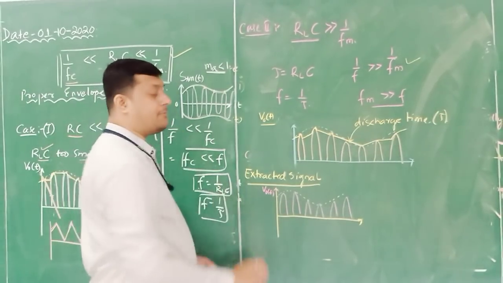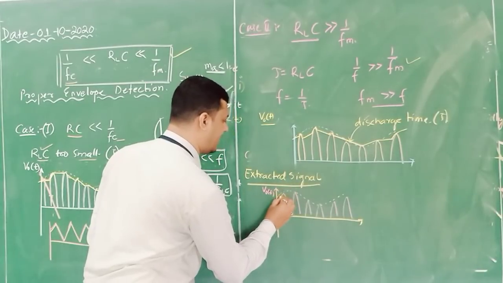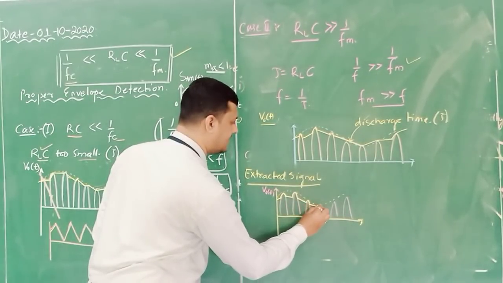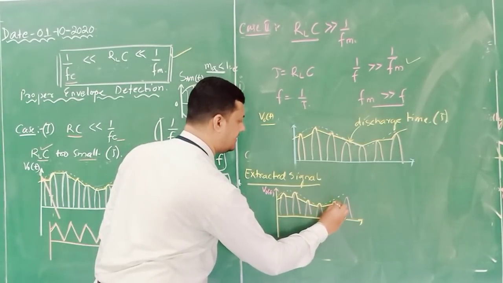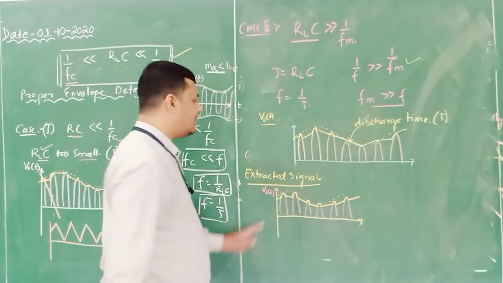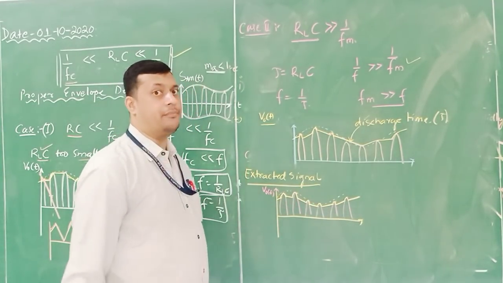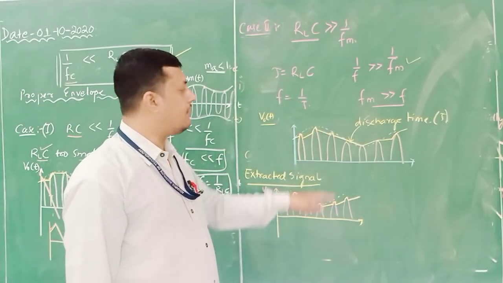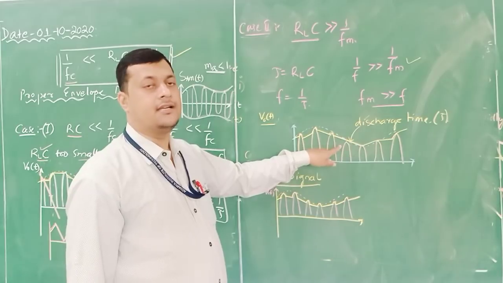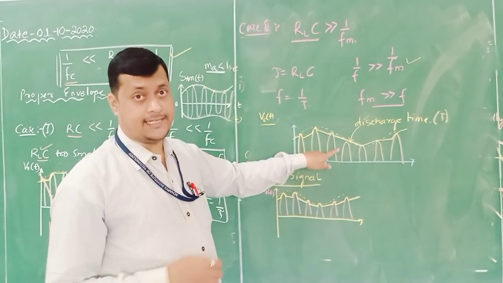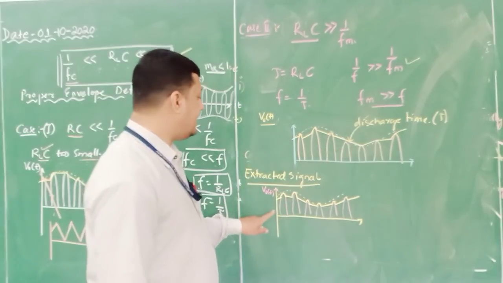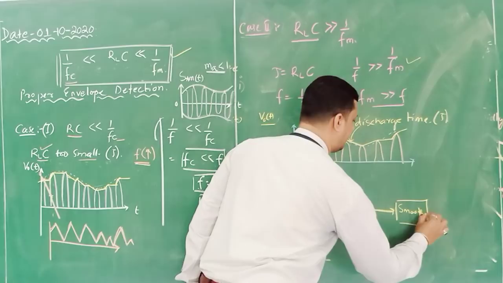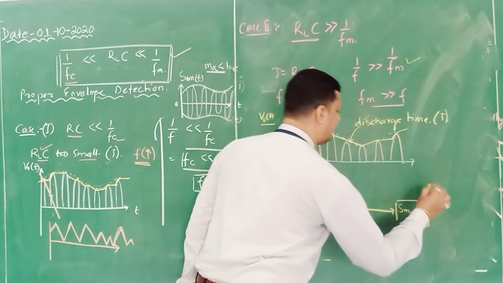Now if this proper detection is satisfied, what will happen? First it charges, then it discharges, then it charges, then it discharges, then it charges, discharges, charges, then it discharges, and this is the discharge. Now this is the proper envelope detection. Here peak to peak values were identified, but in this case one of the peaks was missing. Now this missing of information, or missing of modulating signal in a modulated signal, will hamper reconstruction of the original signal. Now when this signal is passed through a smoothing filter,